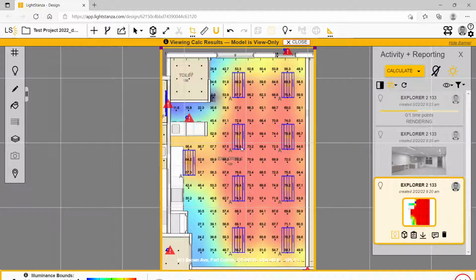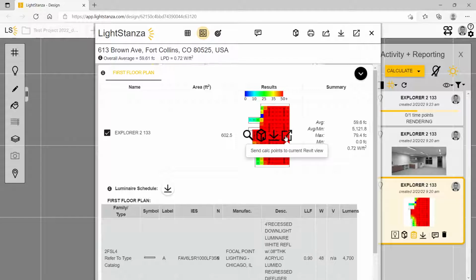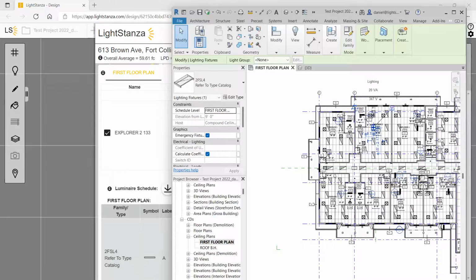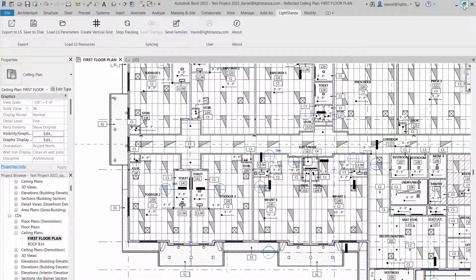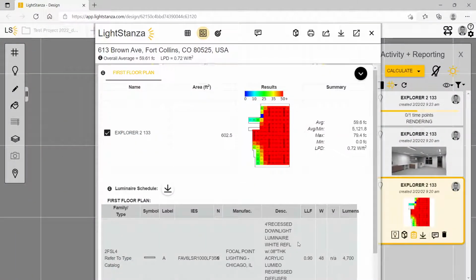But this is really great, but I also want to send these calculation results back to Revit. Maybe I have to do that for a particular client. Maybe I want to send my emergency calculation points back to Revit for compliance for different jurisdictions. I know Title 24 requires that. So I'll go to View Report, and we have this Send Calc Points to Current Revit View. I'm going to make sure that I'm in the right view that I want those calc points to go to. I am. I want them to come to this plan view. So I'll hit this button, go back to Revit,